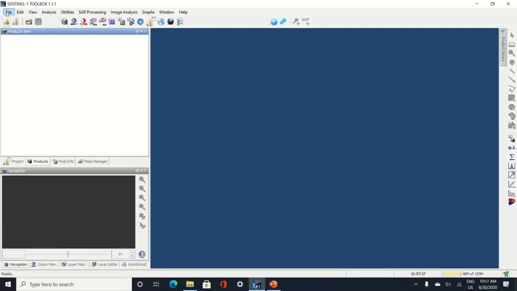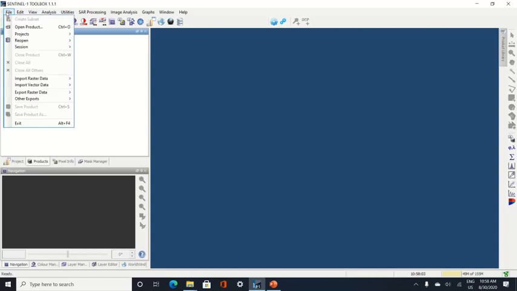Okay, today we'll see how to use PolSARpro to process ALOS-2 data. First thing, we have to compute the multi-look factor. You can compute the multi-look factor by using the azimuth resolution and the incidence angle, which is provided in the data set, or you can use the Sentinel-1 toolbox developed by ESA.